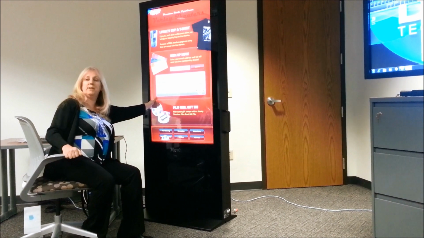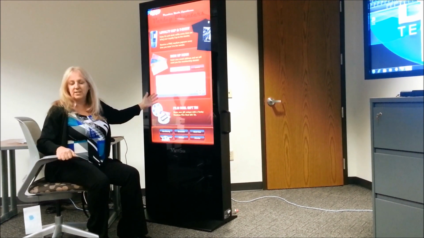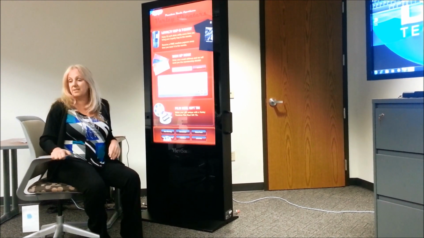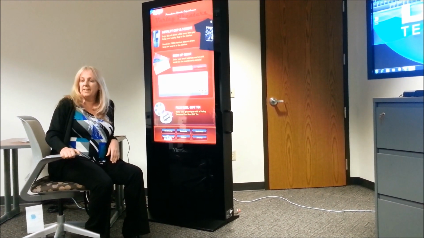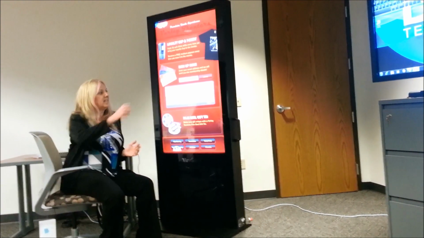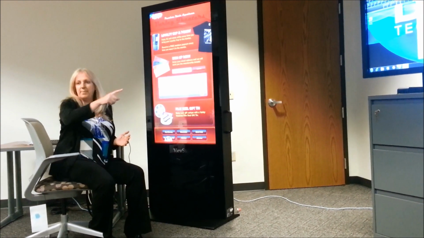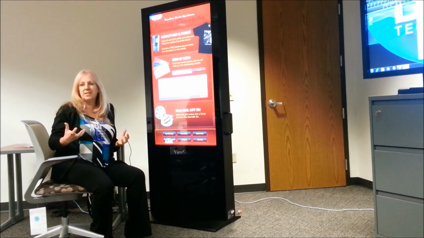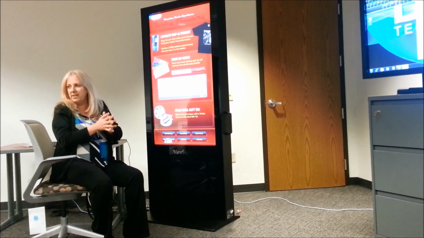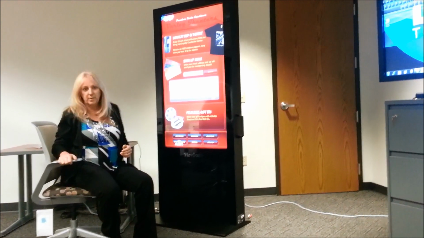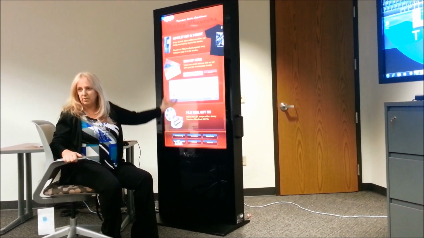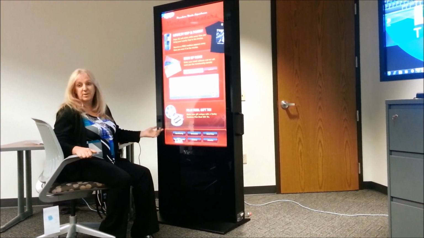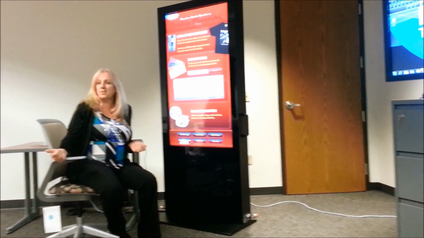And it's also, if you feel this, afterwards I'll let you feel it, really low power consumption. We put these in liquor stores, and I think it was $5 a month was all they were using. It's basically a big photo frame. It's not taking a commercial display and rewrapping it. That's what people did before with kiosks, and then there was power consumption, and it wasn't designed for close quarters, and then it got too hot, and it just didn't function as well. Here, it is basically a large photo frame. It doesn't heat up. It's got some fans in the back of the unit. I have these running 24/7 in hospitals, schools, and